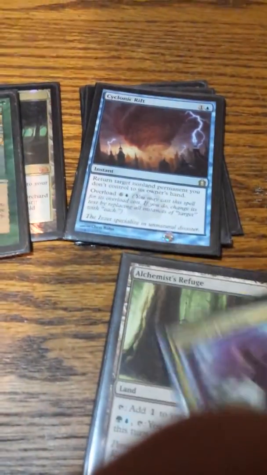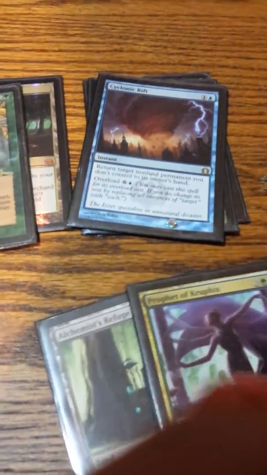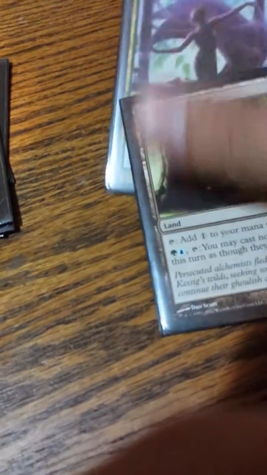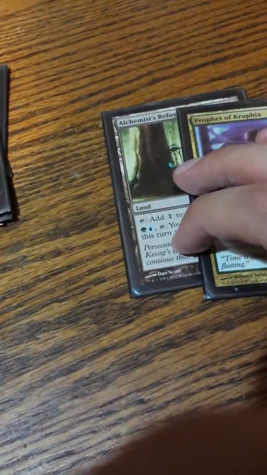In this video, we're going to be talking about the synergistic cards in this Damia EDH deck. Starting off, first, we have Alchemist's Refuge and Prophet of Kruphix. Self-explanatory, it allows you to untap your lands, and Alchemist's Refuge basically allows you to cast cards on other players' turns as though they had flash. Odds are you're going to use that on a sorcery, or a creature, or an enchantment, or an